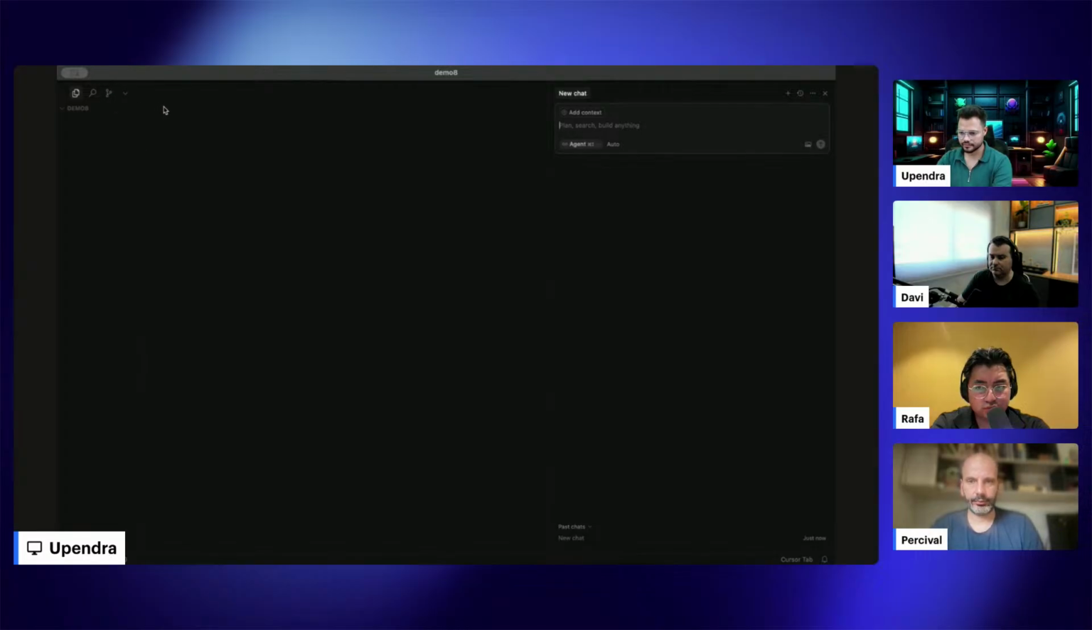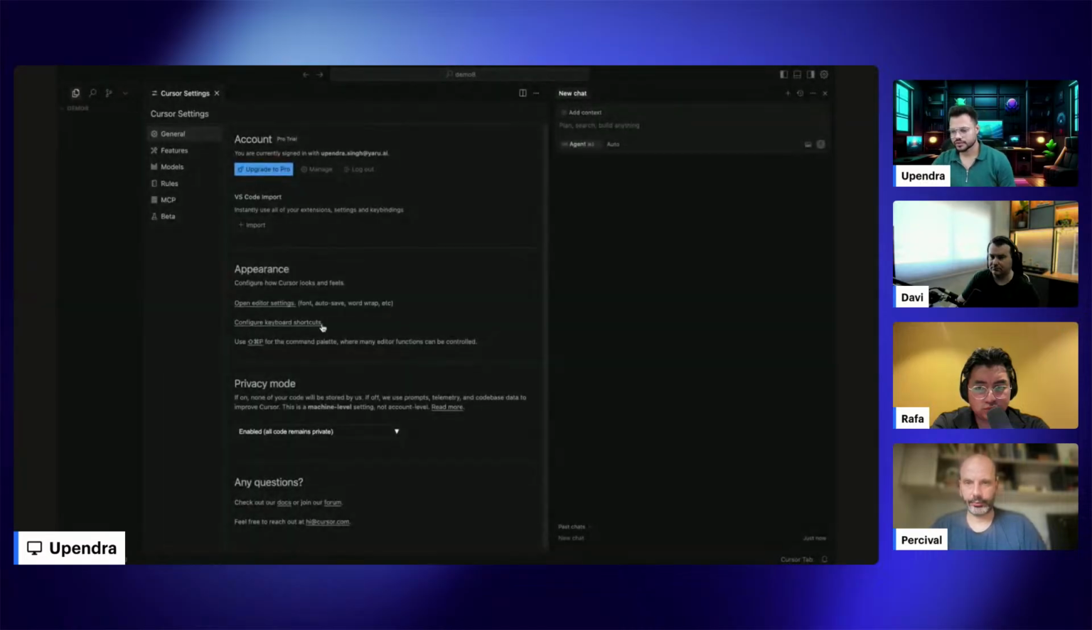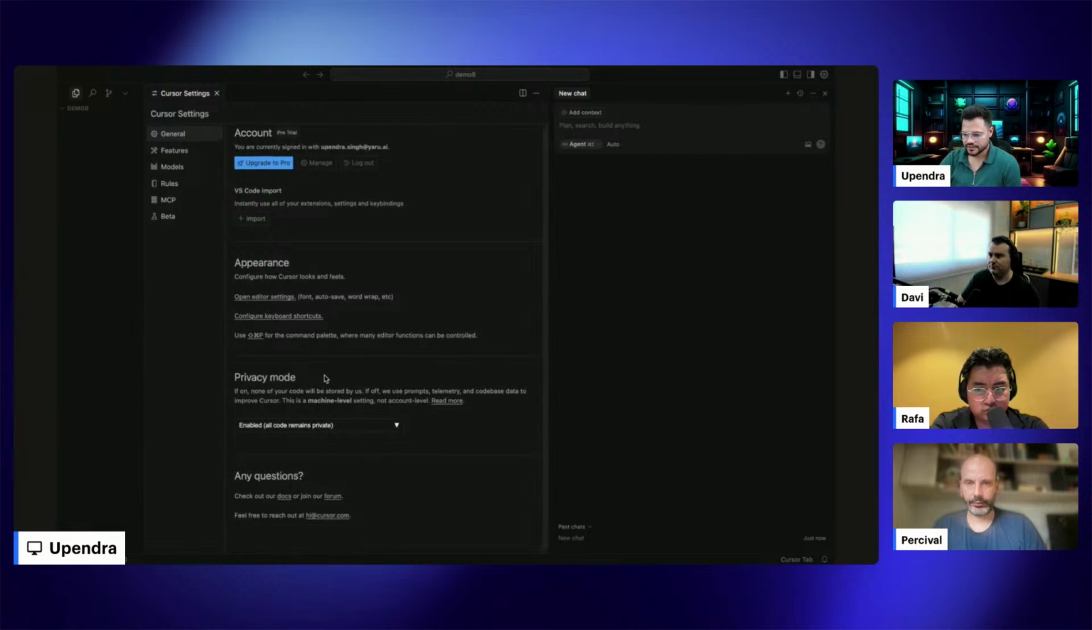here we can go into the Cursor settings. So there are all the important settings for Cursor. Like there is one section for the general settings, in which you can select the appearance, which is the same as VS Code. But there is a privacy mode. So